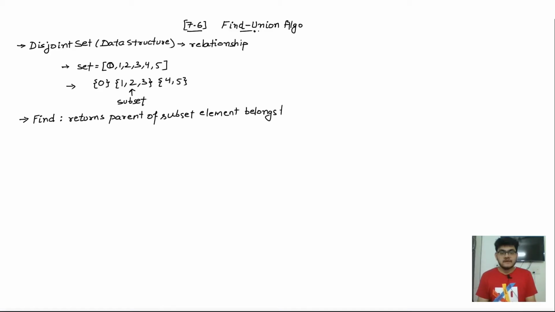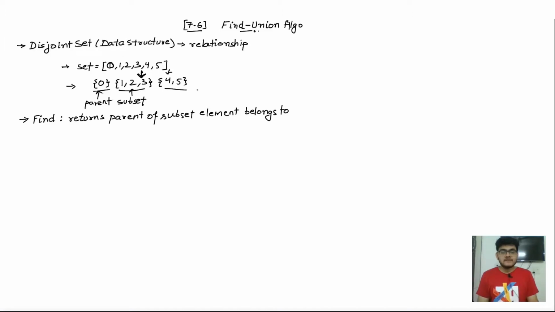Let's assume that for these three subsets, we assign one element out of each of them as the parent element which will represent the set. Since in the first one we have only one element, this one is going to be the parent element, and here we have 1, 2, 3 in this subset. So let's assume that we are going to assign 3 as the parent, right? This arrow represents the parent inside of this subset.